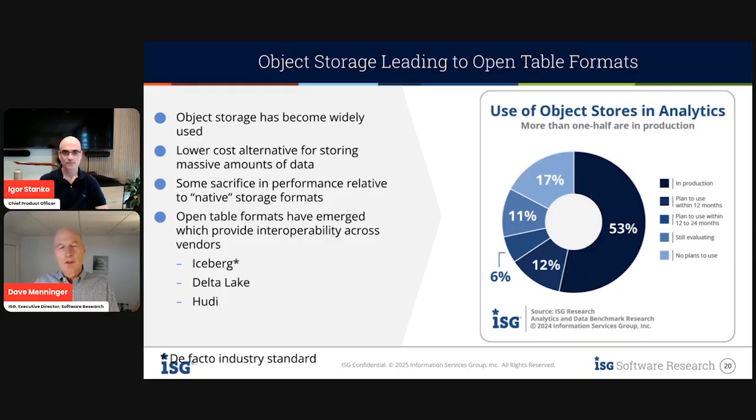There are multiple open table formats, but realistically, Iceberg has become the de facto industry standard. Multiple vendors have adopted it. Even the vendors behind some of these other standards have adopted Iceberg as well and created at a minimum some interoperability. But what we see in our research is that Iceberg is the most common of the open table formats. So that's gotten us to the point where we can handle very large amounts of information. And that's important. If we go on to the next slide,